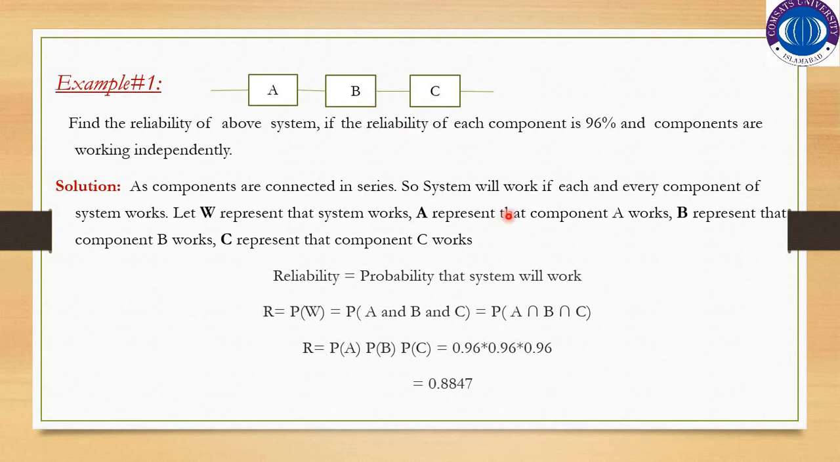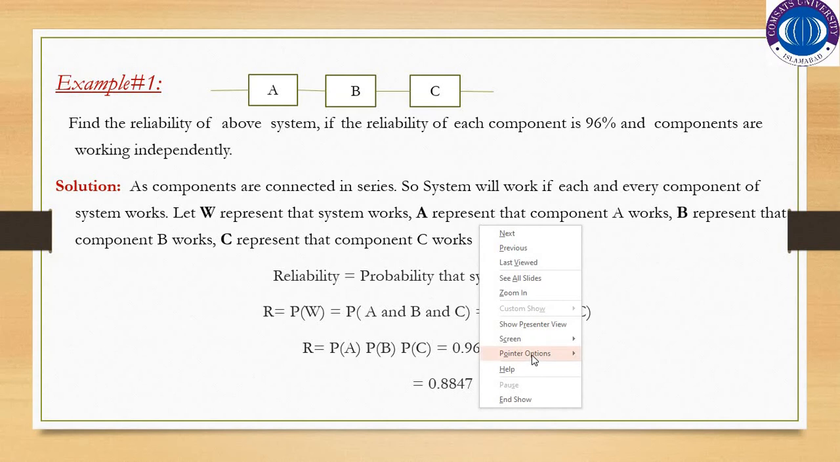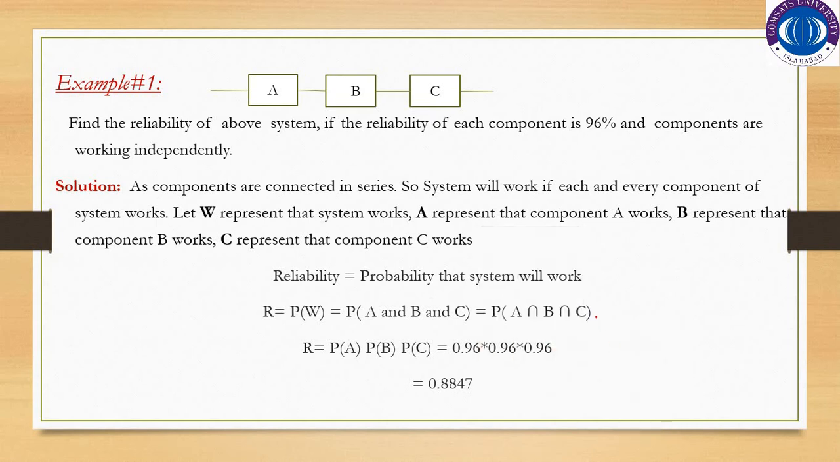So it would be probability A intersection B intersection C. Now, as we know from the statement of the example that components are working independently. So from here it is probability A intersection B intersection C. If you recall the multiplicative law, how can we open it? Probability of